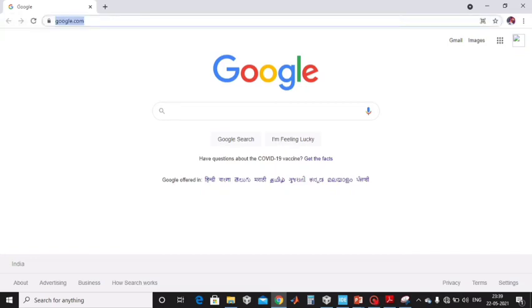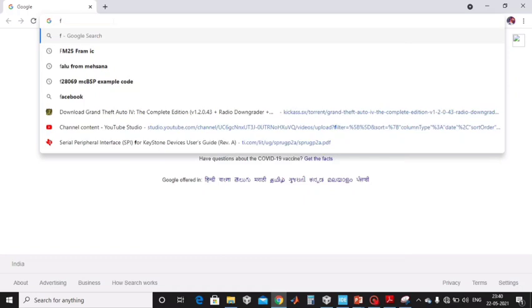There is one FRAM IC, ferromagnetic RAM IC, and it is used for storing data, and it is non-volatile memory, meaning data will be retained in the device even if the power supply is not there. What was the part number of the IC? That was FM, yes, FM25 FRAM IC.